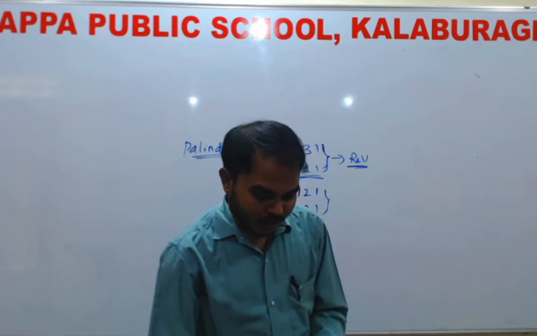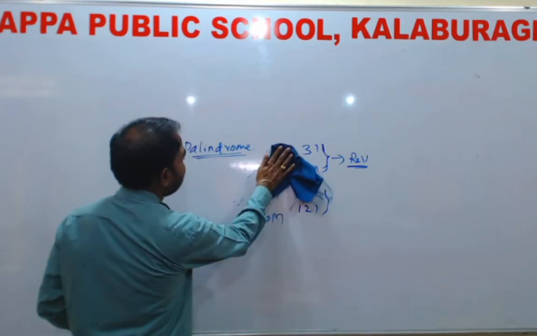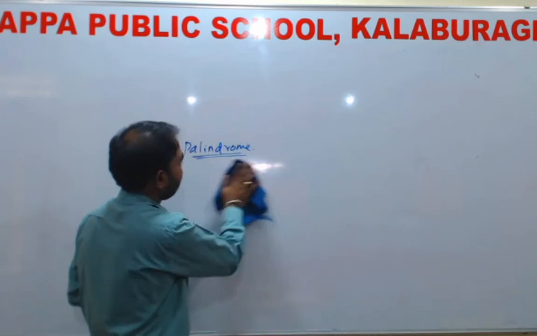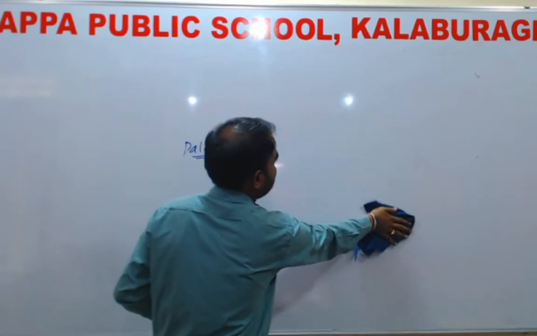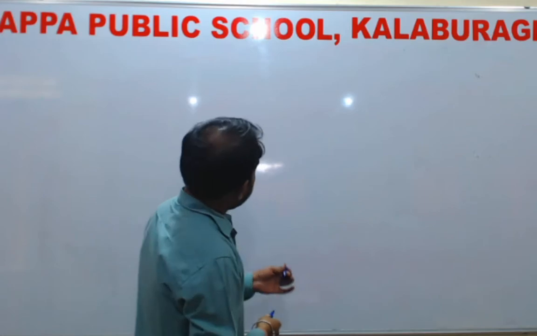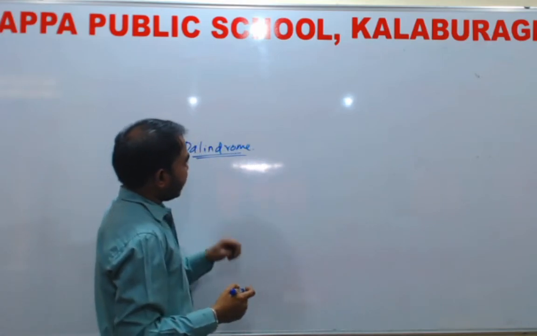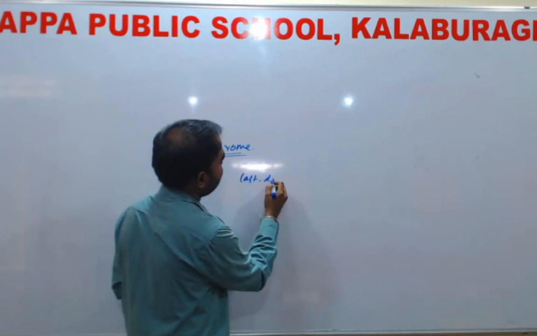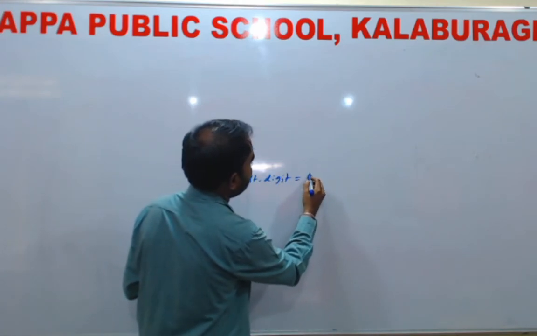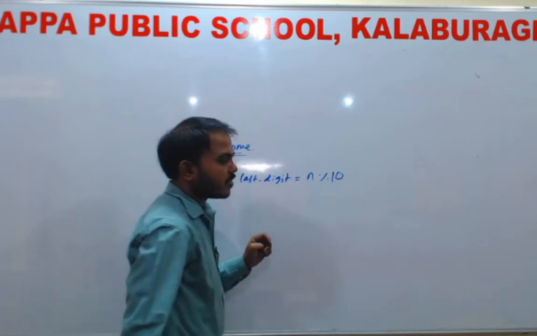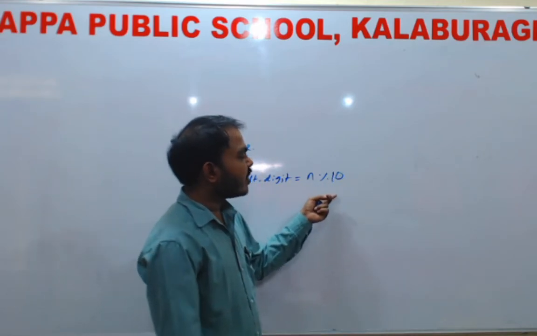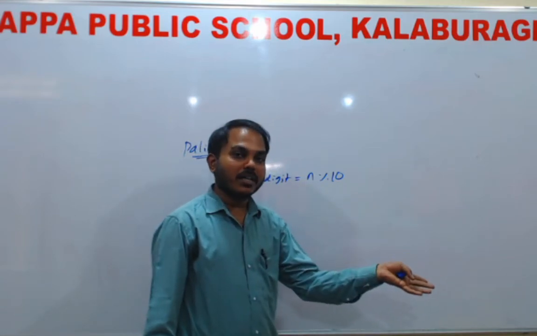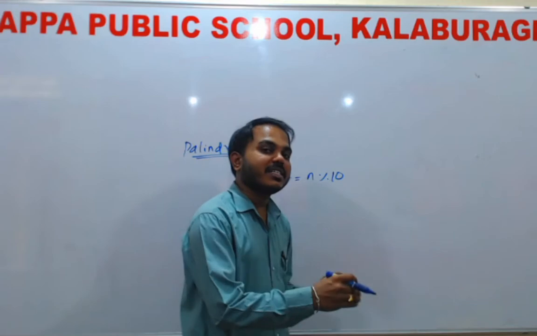So logically how it works, we'll see. I'll trace the program and explain by taking one general number, any number we can take. Before we go to the palindrome logically, we'll see some formulas here. Say for example, I'll take the last digit. Last digit is equal to n mod 10. Mathematically, when I divide any number by 10, I get a remainder and a quotient. In this example, we will take only the remainder, right? The quotient will be traced for the next level.